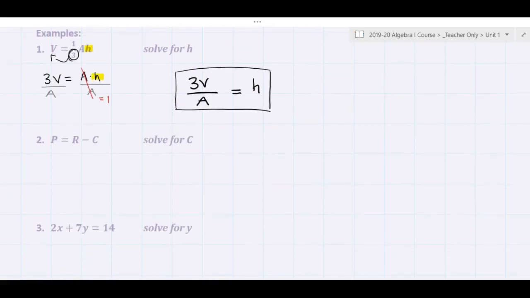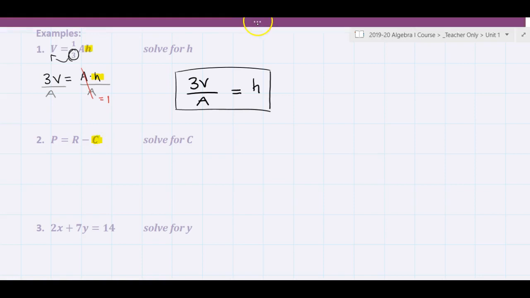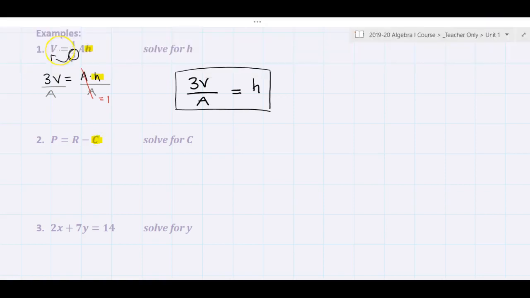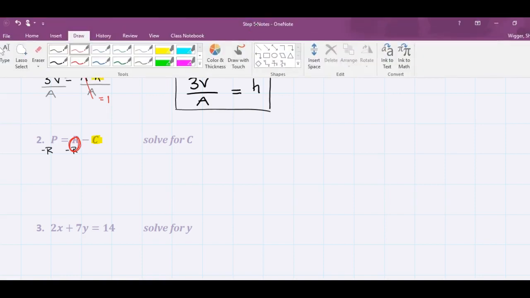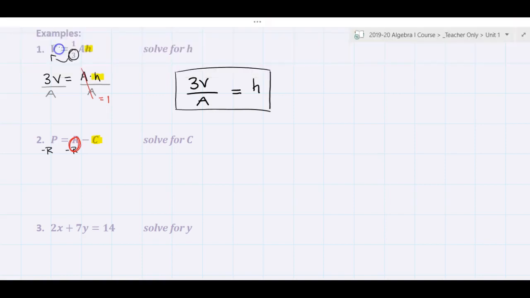Let's go on to example 2. We have p equals r minus c. The variable I want to solve for is c. So I'm going to leave c where it's at. I'm going to first move the r. R is positive. So to move r to the other side, I'm going to subtract r. R minus r is 0, eliminating it from the right-hand side of the equation. On the left-hand side, I have p minus r